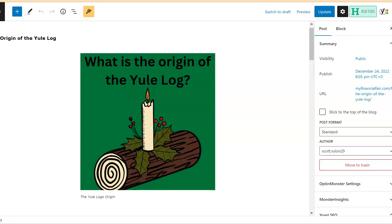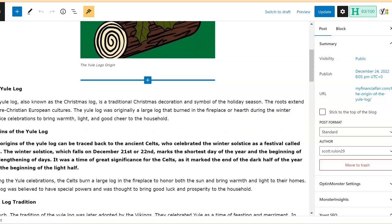Today I just want to take a little time apart from the regular humdrum and talk about Christmas. Anybody ever wondered what the origin of the Yule Log is? Well, I'd be glad to fill you in. But before I do,